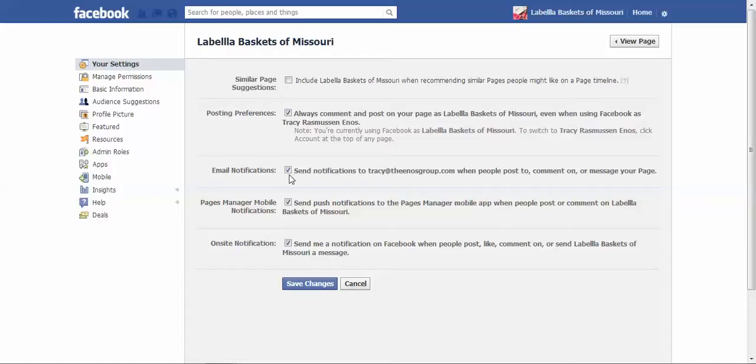And then on-site notification that's going to send you notification when people posted, liked, or commented as well. That would be up in your admin section. It's going to let you know who said what or did what. I like that so I don't have to go in and try and find what people have done. It already tells me what they have done, so I can go back in and say welcome to my page or comment on what their post was or anything like that to create some more engagement and have people stay on your page. All right, we're going to go to the Manage Permissions tab.